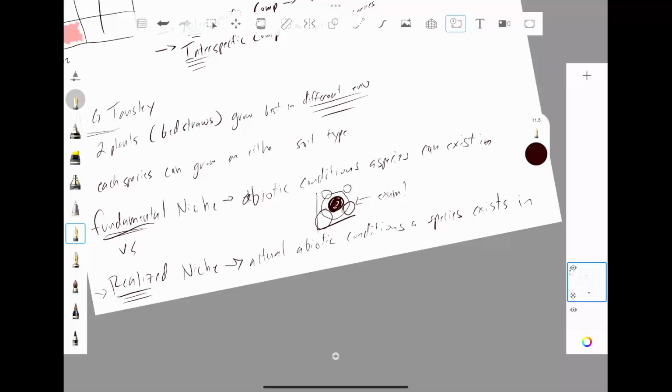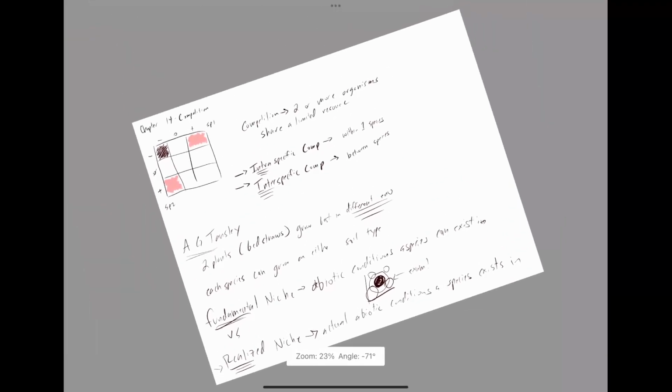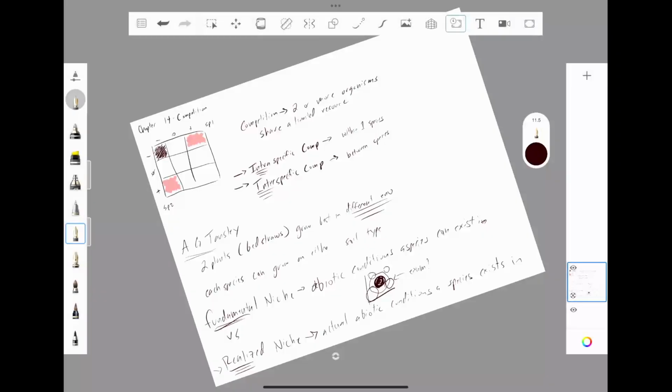Okay, so that distinction is really important, right? This first little mini lecture, we defined what competition is, which is an interaction between or among species when organisms share a limiting resource where both species have a negative outcome because of the interaction, right? If that competitor wasn't there, both of their fitnesses would be higher. And this competition is really important because it can shape where species live, how abundant they are, and where they can coexist together, why they don't just outcompete each other across the landscape. Does that make sense? Great. Let's jump on to mini lecture 2.